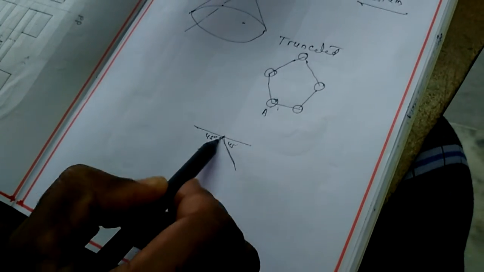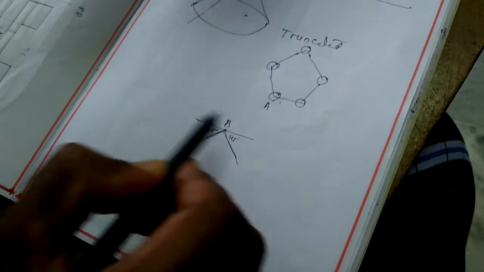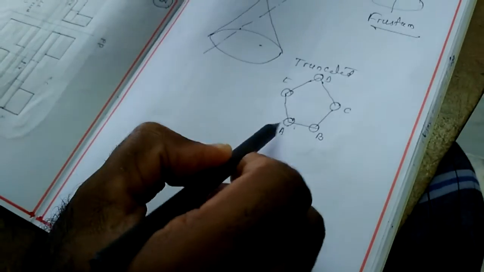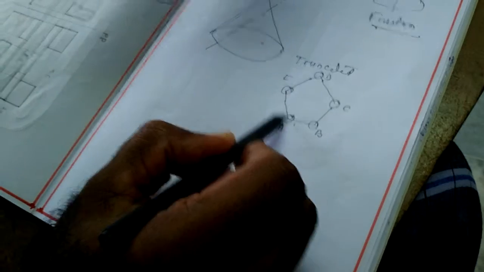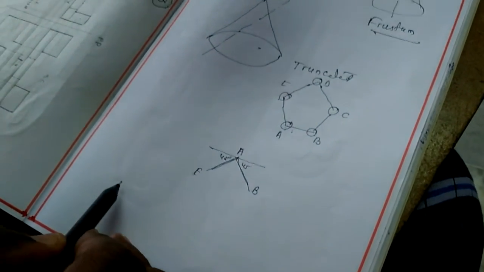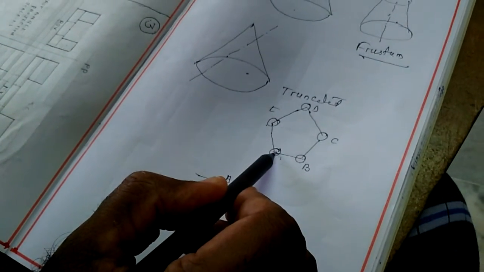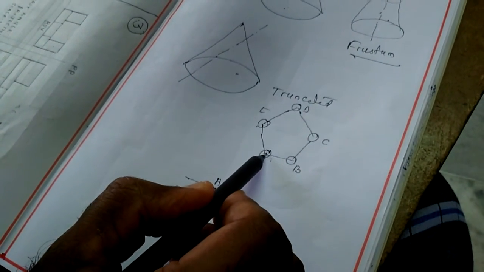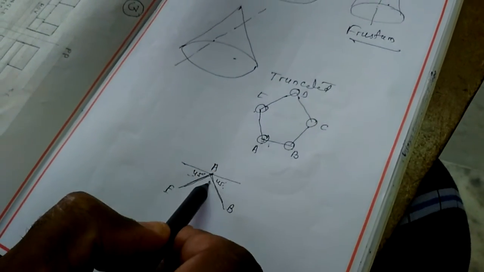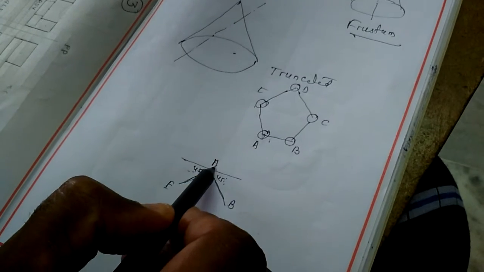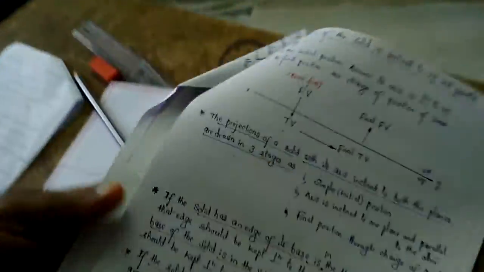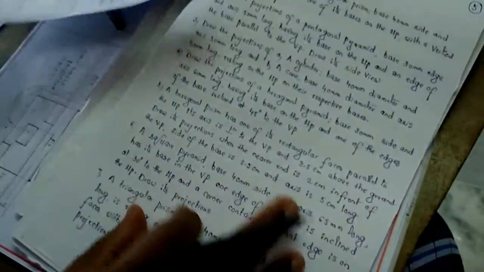Then you draw that corner. Suppose this is corner A, this is B, this is C, this is D and this is E. Corner A is touching B and E, that's why this is AB and this is AE. Then follow the view. Because any corner in the HP makes equal inclination to the VP. Suppose a corner is in the VP, it makes 45 and 45 degrees with the HP. So these are the important precautions you should follow before solving the problems.